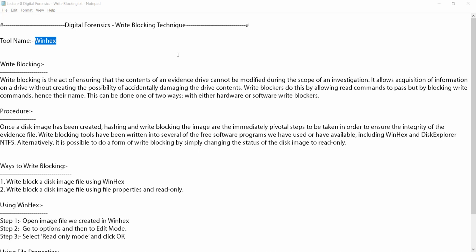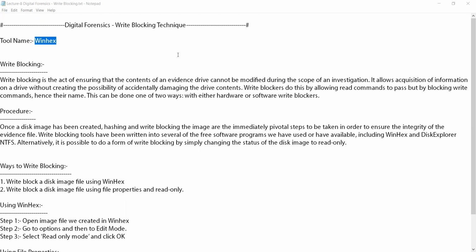Select the file, right-click on it, go to properties, and set the file to read-only permission. Then no one can change, alter, or modify the data in that original file. These are the two most effective ways, mostly used in digital forensics as a write blocking technique.